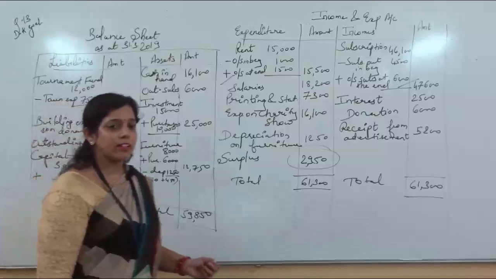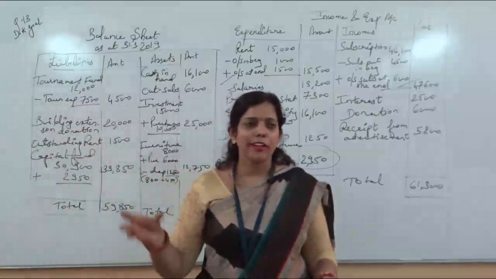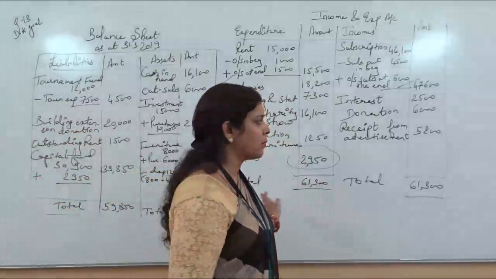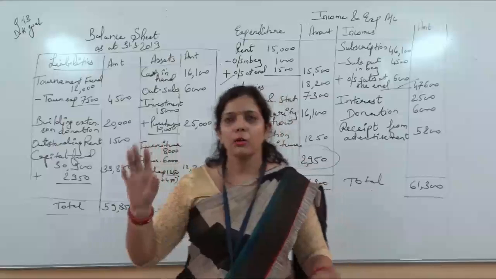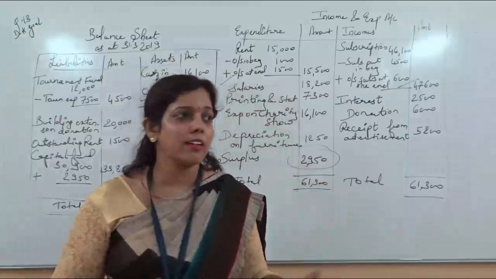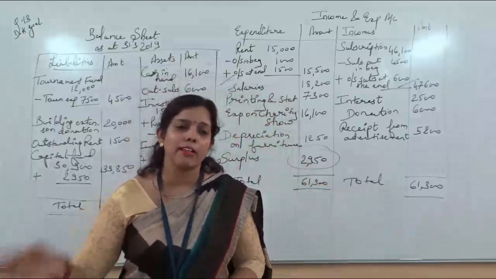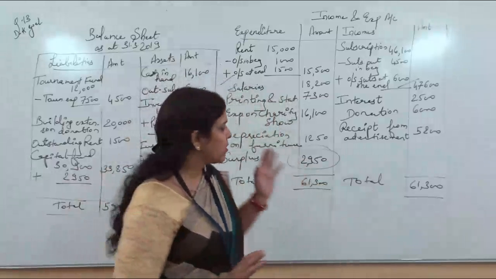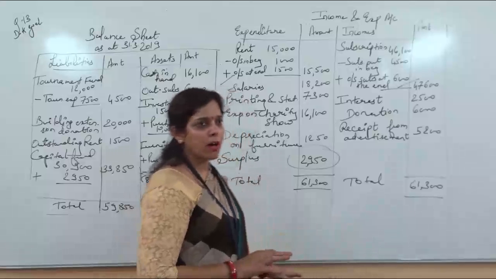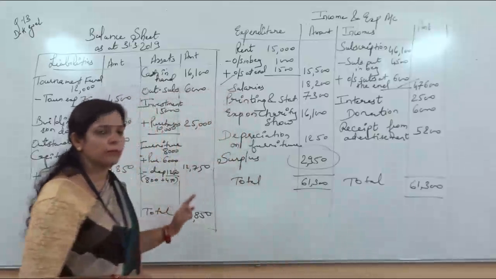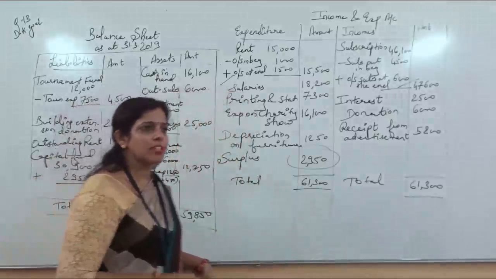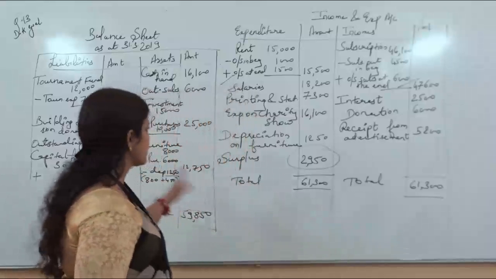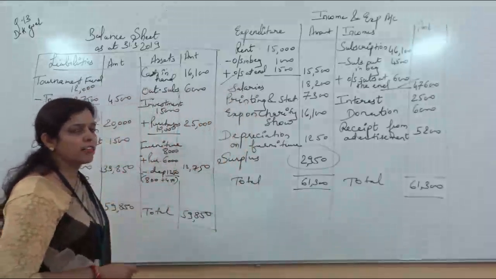Suppose it is not matching, don't try to match it. Don't make any adjustments. Many times students write just any name, any assets or liabilities, to make the totals of both sides the same. Many times we have seen students writing suspense account and matching the totals. It's a very wrong way. Please don't do that. Whatever totals come, let them be. No problem, because marks will be given on each and every individual item. If the total is not the same, just scan once and see if you can find it. Otherwise, let it be whatever you have done, because marking is on each and every individual item.